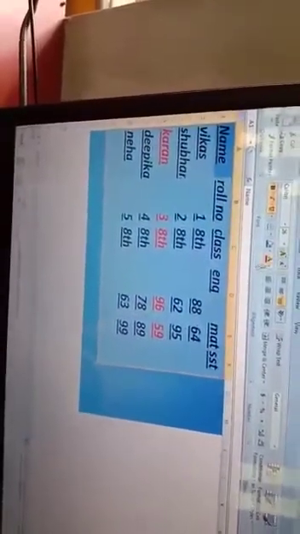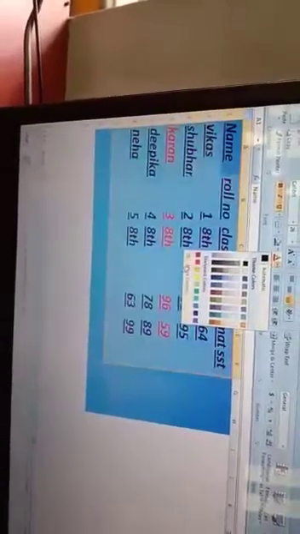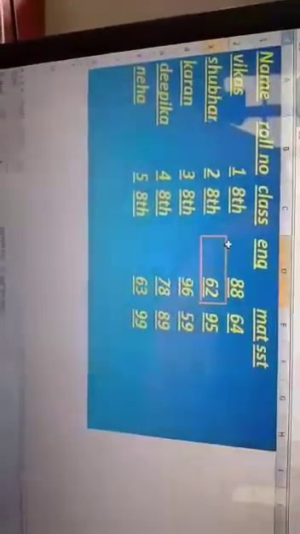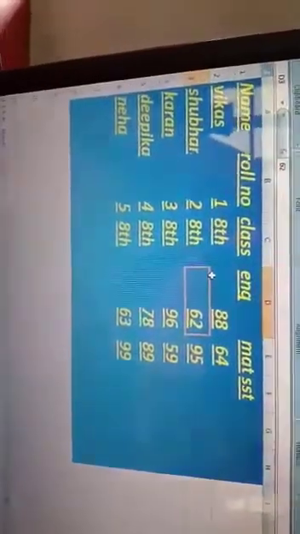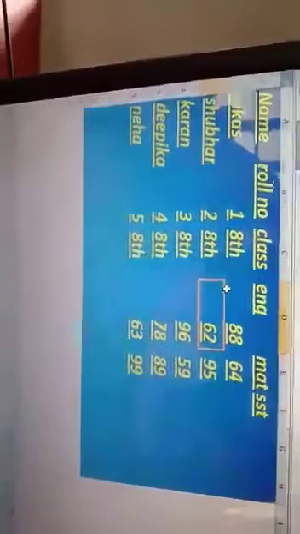Now the text color will change. Click here. Suppose I am taking yellow. देखो, see here बच्चे, background color is blue and text color is yellow. This is called formatting. These all are the options of formatting.